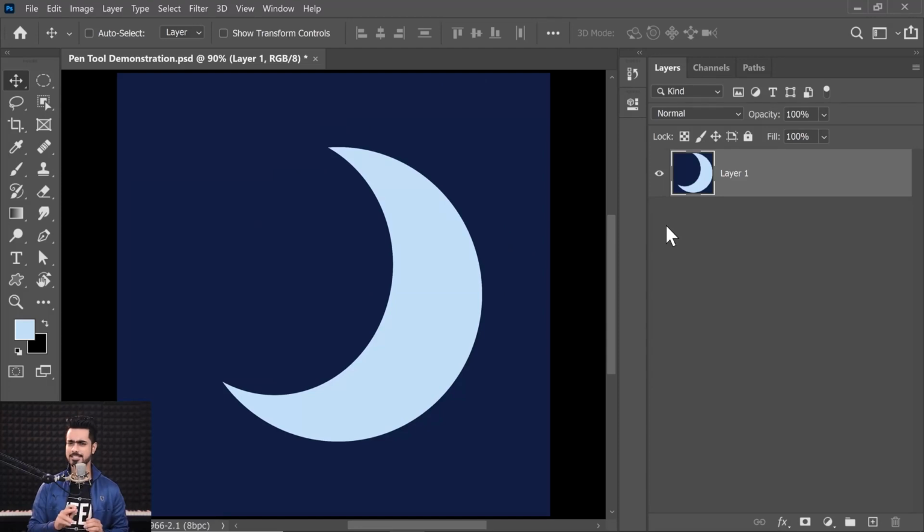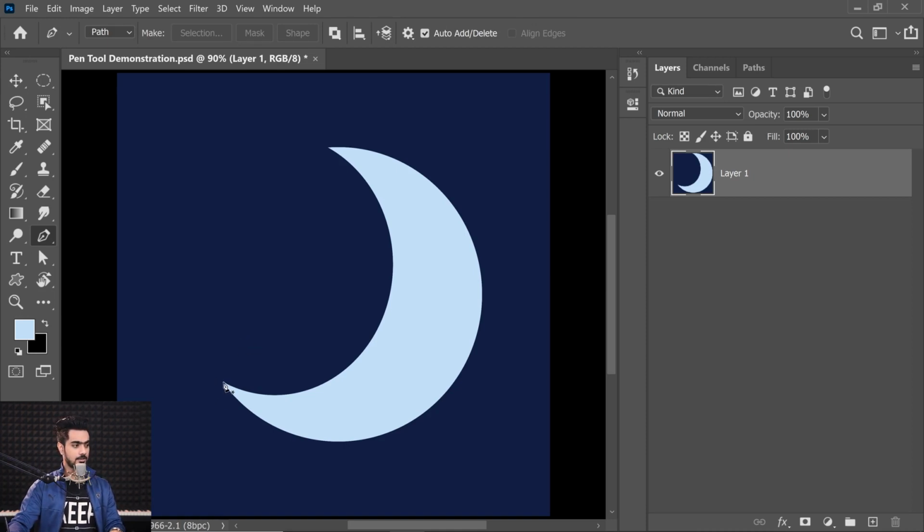Now let's turn the difficulty up a little bit. We need to understand something, and that is whenever you're creating a shape or whenever you're just tracing along something, the fewer points you create, the more efficient you are. So in this example, let's say we were to trace this moon. Let's go to the pen tool, and the obvious choice would be starting right here and then just creating a point right here. Probably you want to adjust these,